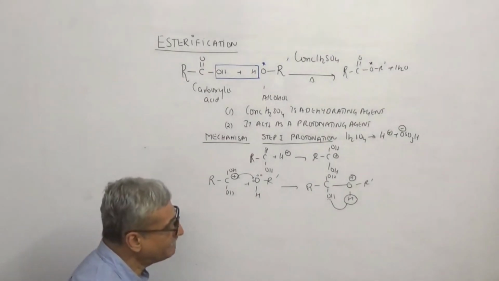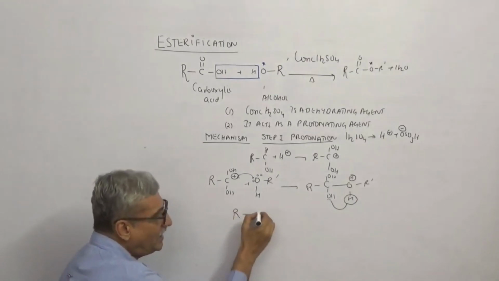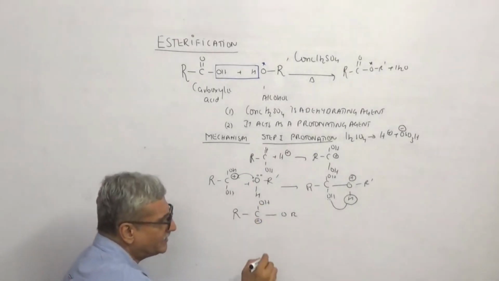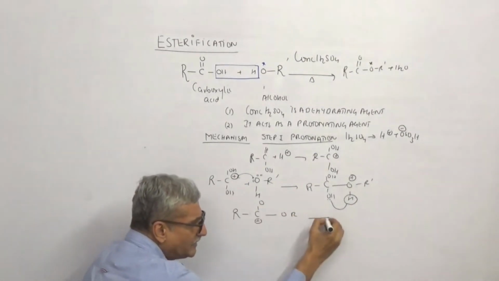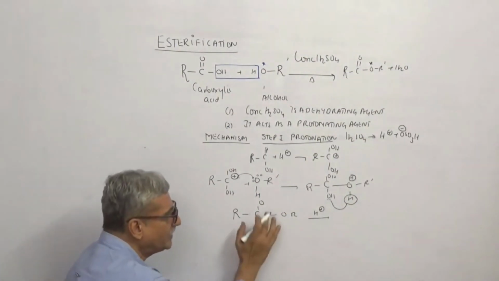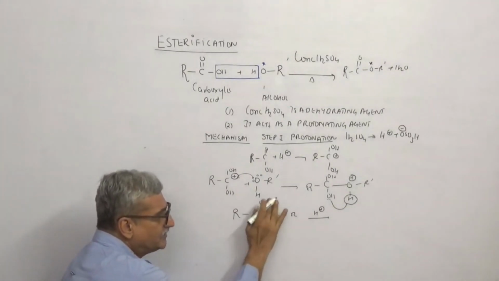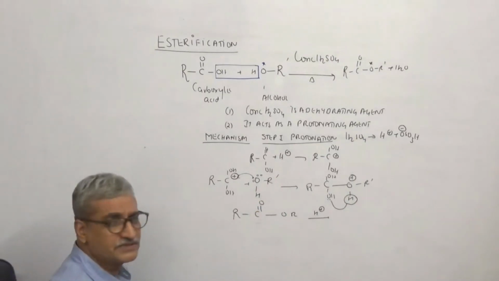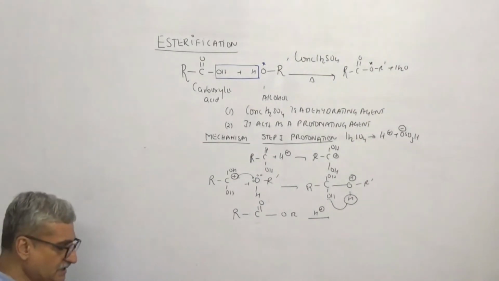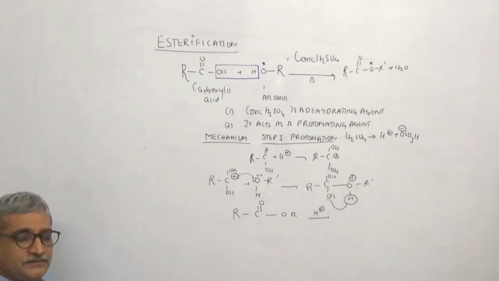Are you understanding? And then that will go out as water. So you have RC(OH)OR, and this is plus because water went away. So this H plus will go away. Where did this H plus come from? It came from the sulfuric acid. That will go away and leave this oxygen negative. So carbon positive, oxygen negative, rich in electron, deficient in electron, pi bond is restored. So this is the mechanistic view of esterification. Is this clear? So these are the two reactions of the H atom.